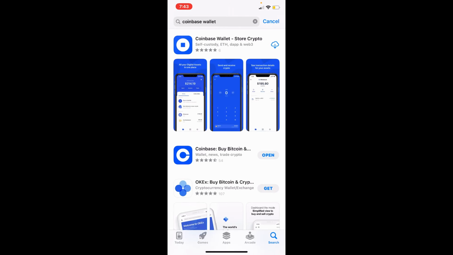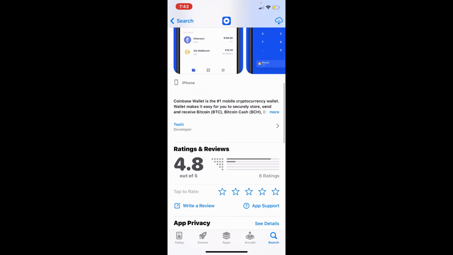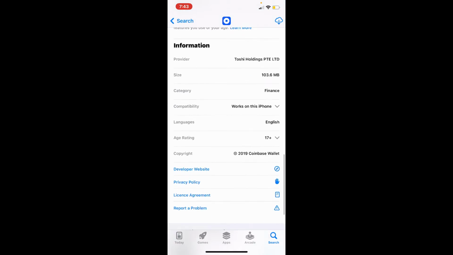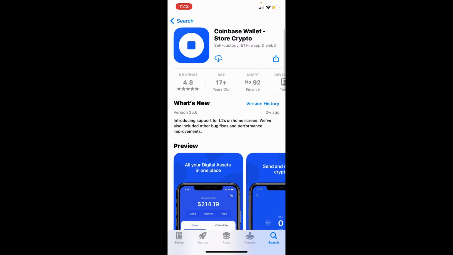You'll be able to find the application displayed on the search result. This one's the app that we are looking for. If you want to view further information about the app, you can go ahead and go through this page over here. All of the information that you need about the application will be displayed. If you'd like to quickly download the application on your smartphone, tap on the download button in order to begin